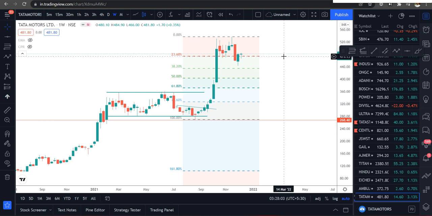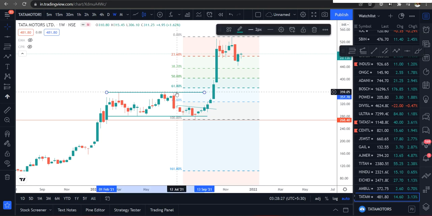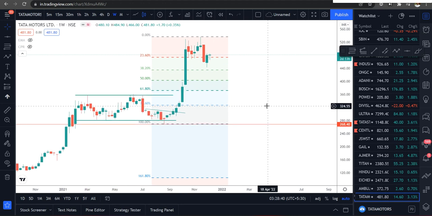Even if I take Tata Motors, this is one of the most important levels, 358. So I will invest when price comes to this level. I can also invest at 23, 38, 50, but a larger amount of investment I will allocate and make use of at this level. Because the support and resistance level matches with this level 68, it cannot match exactly. So don't try to see whether it needs to match exactly, but somehow it is nearing this level, so I will invest. That's how we need to do it.